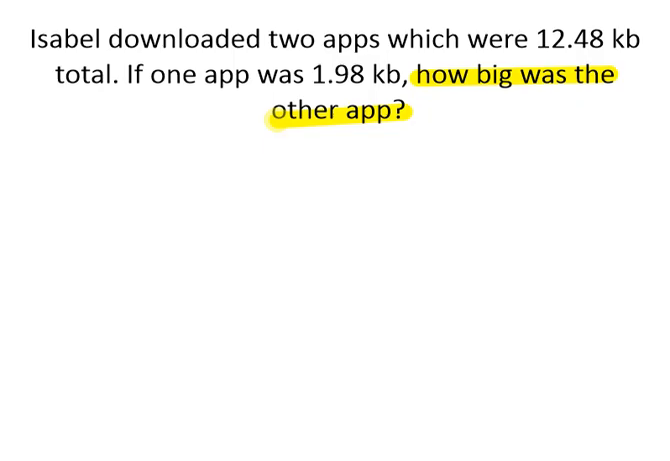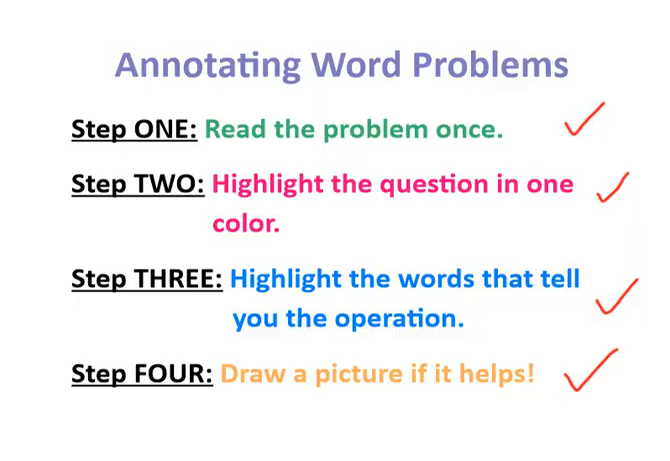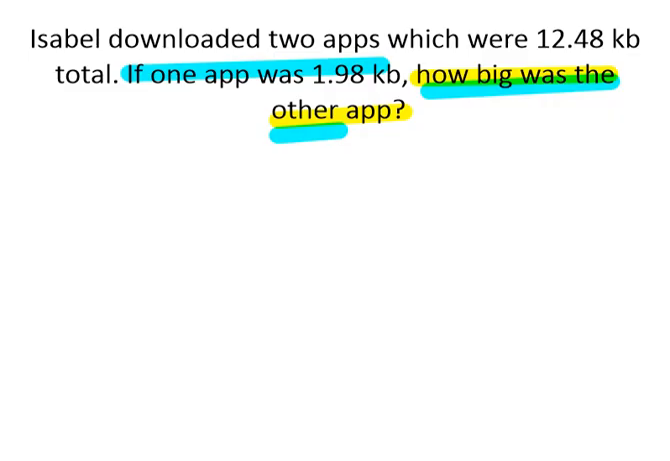So there's not one explicit word that tells us, but I'm zoning in right here. If one app was this, how big was the other? Which is kind of the same as how much more. If one was this, how much more was that? Okay, so that's going to signal to me subtraction. So we're going to do